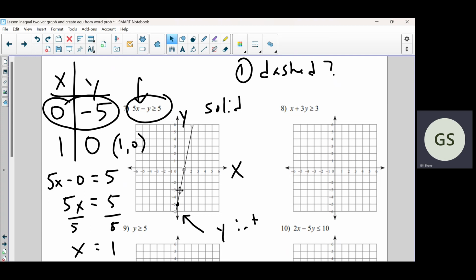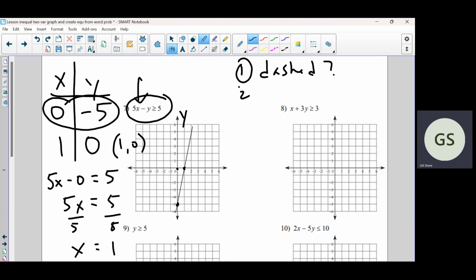So I always test the point 0, 0. That point right there. Just because it makes my math easy, as you'll see in a second. I'm going to get rid of some of this stuff. Hold on just a second. Because I'm going to use this side over here. So we already did that. That was step 1. Tell you what, I'm going to write step 2. Create the line. So step 2 is create the line. And there are different ways you do that. We just did it using a table. And step 3